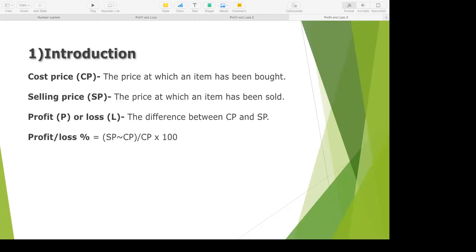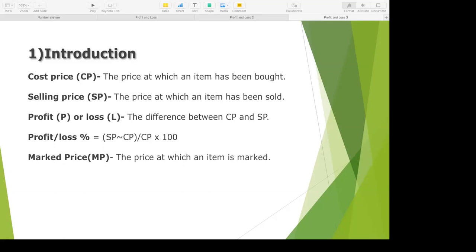And accordingly, the profit or loss percentage will be calculated by, they are calculated on your CP. So the CP will come in the denominator. Okay, you can say that this is very much similar to a percentage change. So the profit percentage or the loss percentage is nothing but the percentage change, where the initial value and the final value depends on the question, whether you are to find out the profit percentage or the loss percentage. Okay, in the numerator you will write the profit or loss. In the denominator you will always write the cost price into 100.